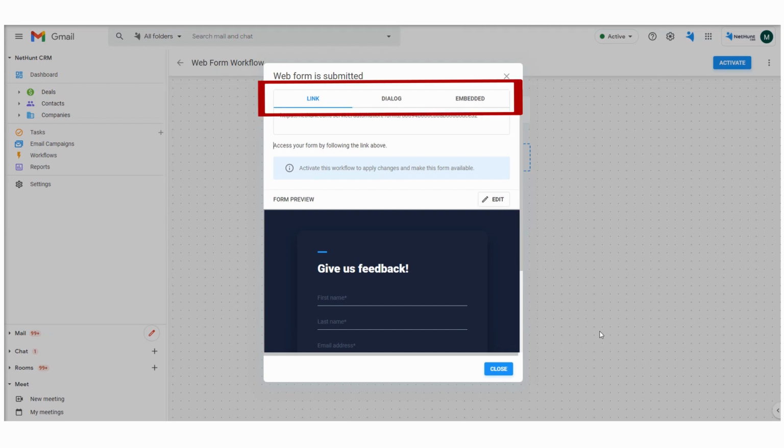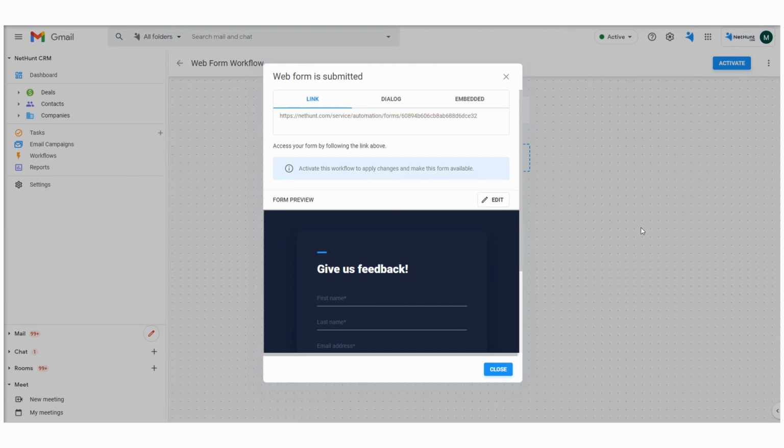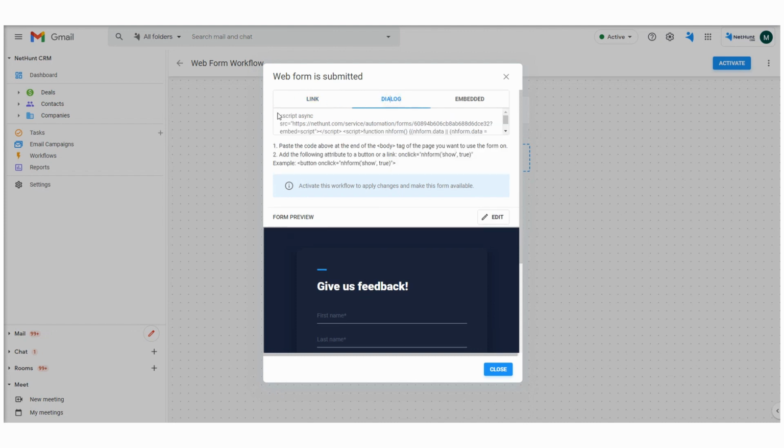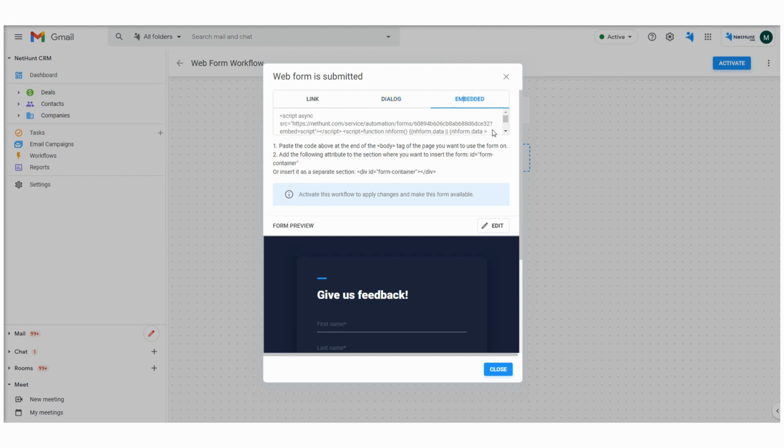There are 3 web form sharing options. Link. Share the link and your web form opens in a separate browser tab. Dialog, a code to insert under a button on your website. Once a lead clicks the button, the web form pops up in the same tab. Embed. Embed the form in your web page, making it fully visible to leads straight away.